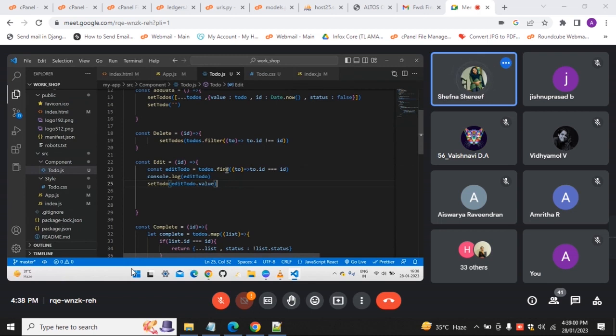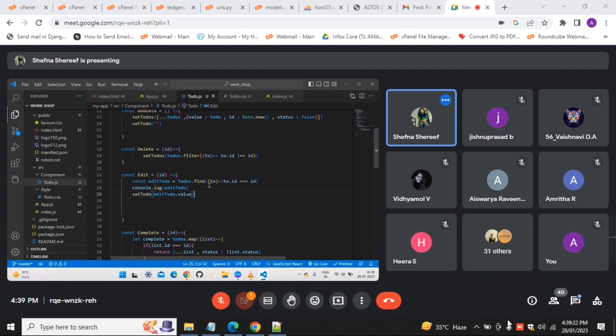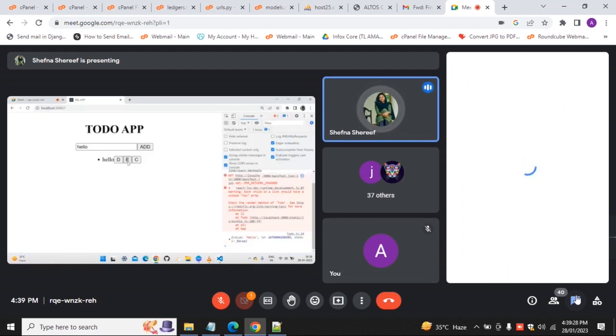So that's the fix. When clicking the edit button, we get the result in the input tab here. So now we are going to check. Okay. When we change